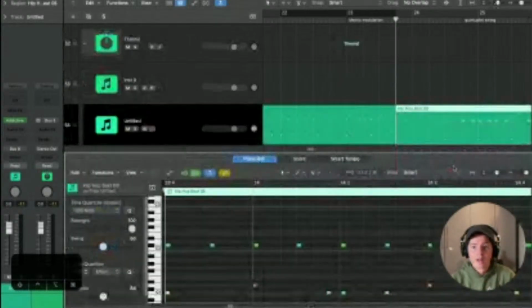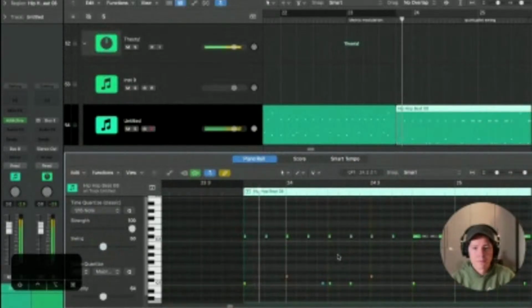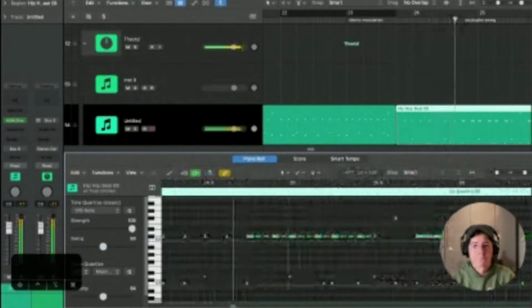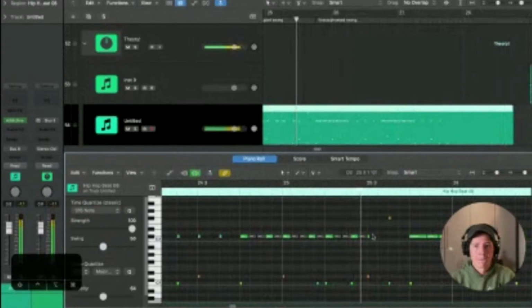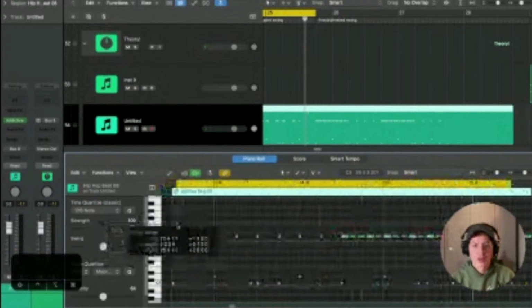So this is the straight beat. And just so you can hear the difference. There we go. So that's what's called a quintuplet swing. So a swing,